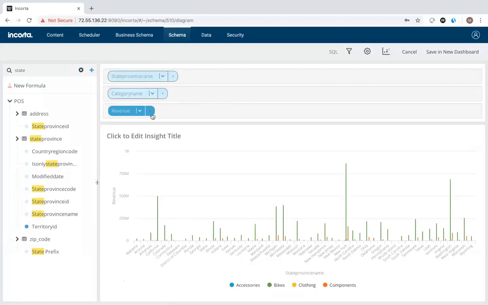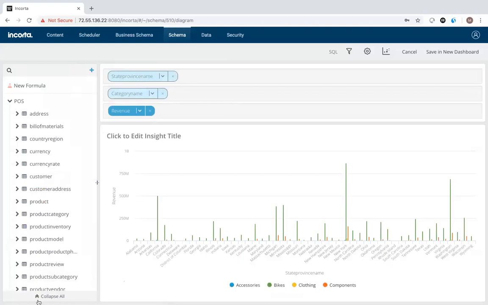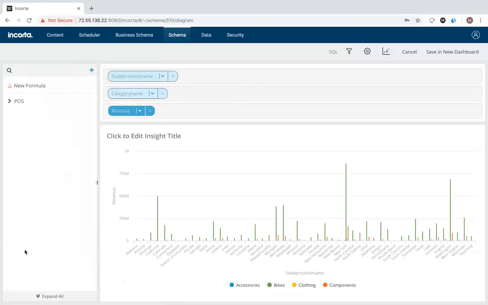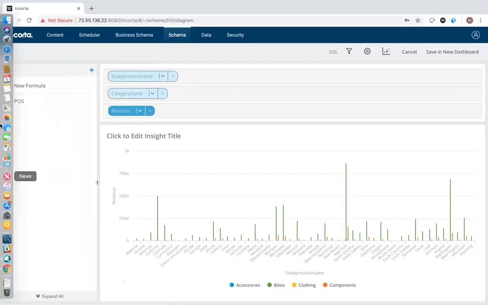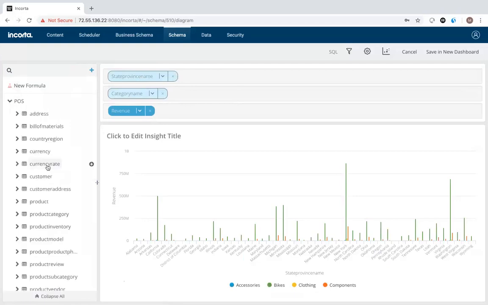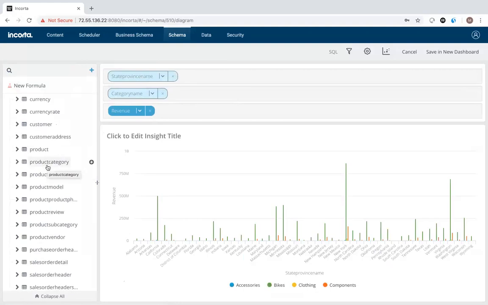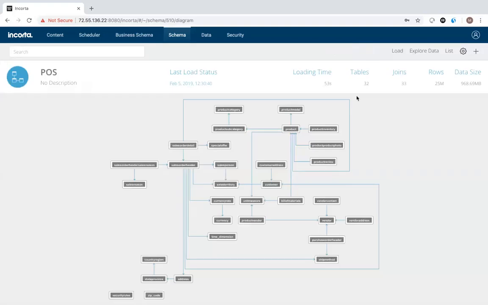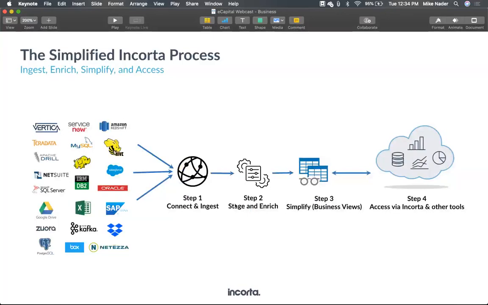Now, I'm not going to save this. What I'm doing here, I often talk to people, tell them it's ill-advised, meaning that if I give all the users visibility, notice I didn't say access, visibility, into all the data on all these tables, they could potentially get lost. Now, they may not know line total is revenue, as an example. So there really is a way to simplify this. So I have, again, going back to my steps, I staged that data. That data is sitting inside the Incorta platform.